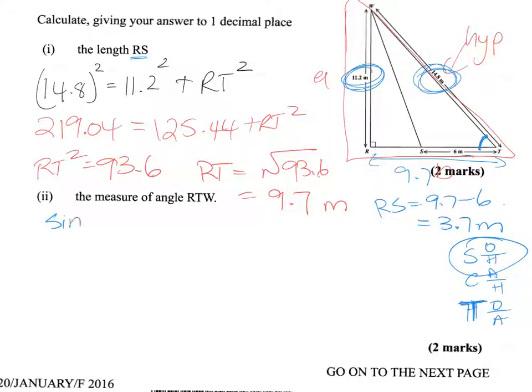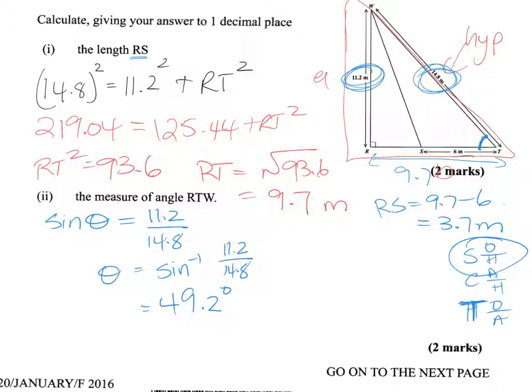So sine of the angle, we could use any letter there, is equal to opposite over hypotenuse. Therefore, the angle is equal to sine inverse of opposite over hypotenuse, which gives us, we put that in the calculator, sine inverse of 11.2 divided by 14.8, and that gives us